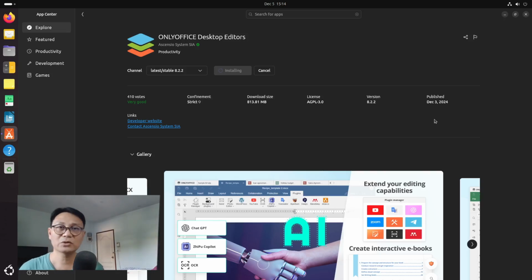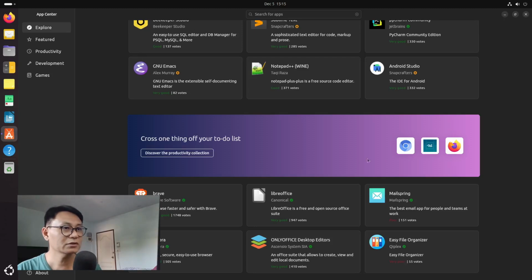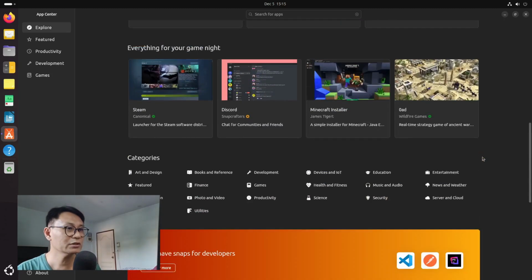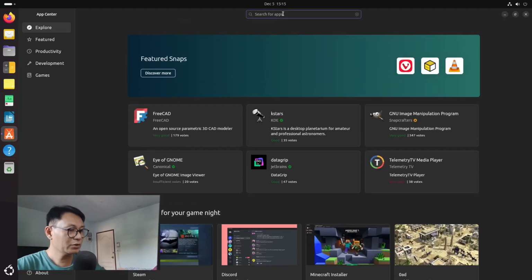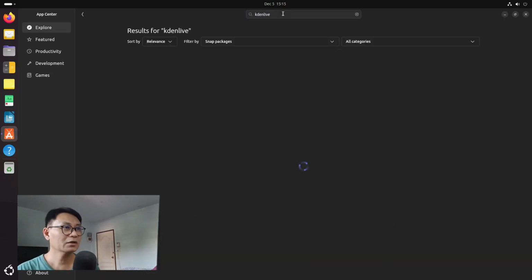This is how you install the application right here in Linux. You don't need to go to a website or shady website or questionable website. You just go to the installation button and then it will just install it for you. While it is downloading, of course, I want to look into another application, which is the Kdenlive. It is my go-to production. So Kdenlive video editor. I'll go to the search bar and enter, and let's wait for the software to pop